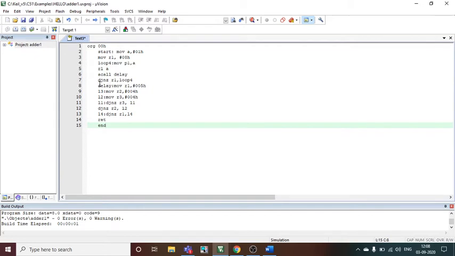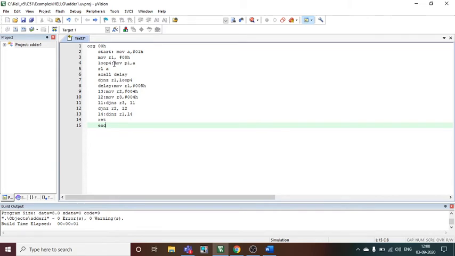The DJNZ command is also used over here, for the decrement and jump if not zero. We have to use this delay program till the time we reach zero. So that concept we have to use over here.